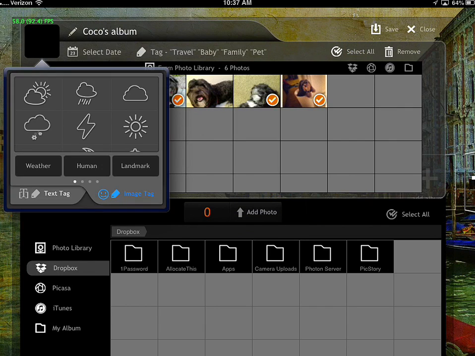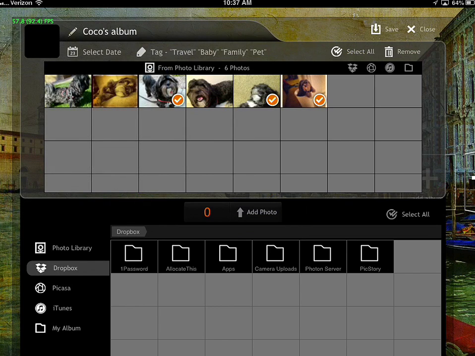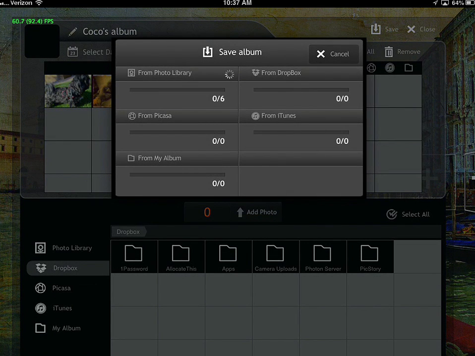So that is that. Let's take a closer look here. Let's hit the save button. If you hit the save button, now it'll show you